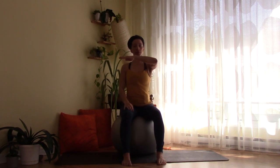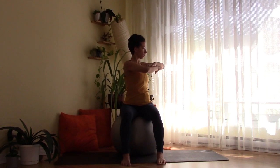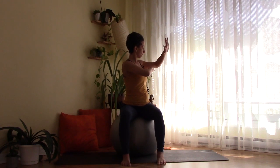So you can bring your left arm up, or if it's possible to bring both arms up. And then press into your right foot without rolling the ball. Turn. Again, let the hips turn. So your right knee moves forward, your hips turn, and reach your left arm back. Bring the arm back, bring your shoulders, your waist, your hips, your feet. And again, let the knee follow, let the hip follow. Let the ribs, the right ribs turn towards the front, and then reach your shoulder and your arm back. Left arm. Bring it to center and bring